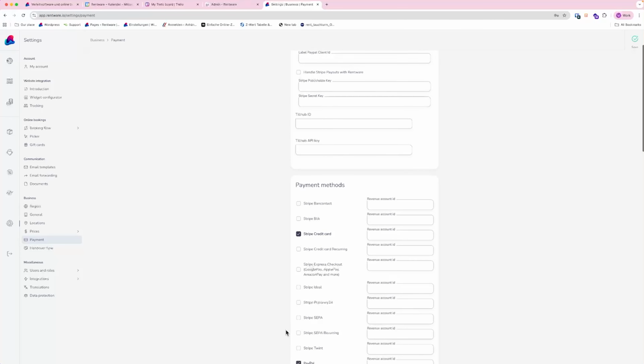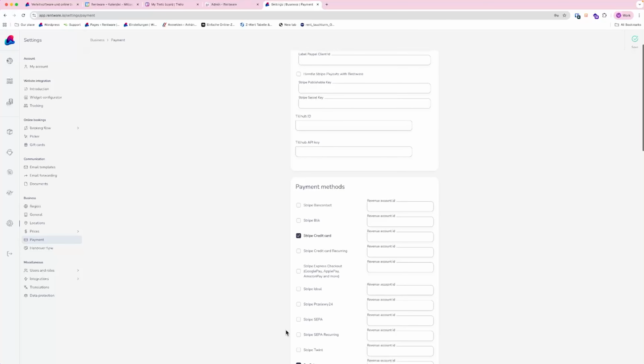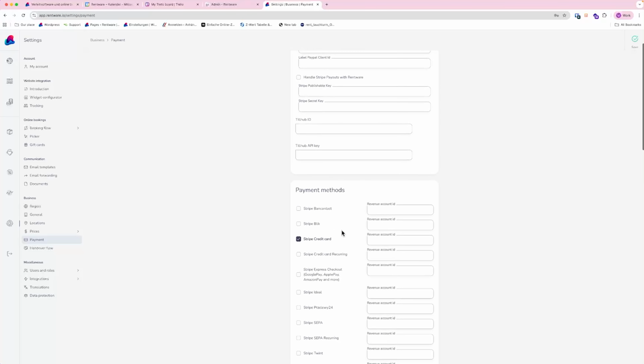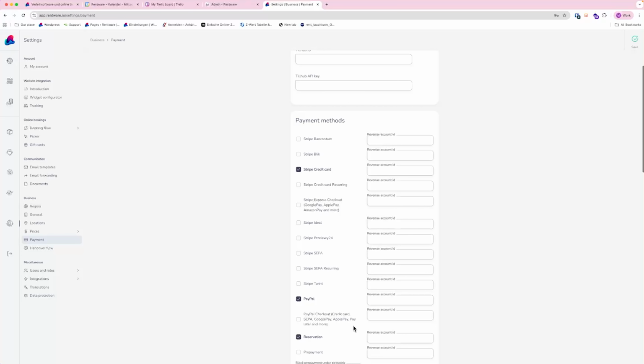It's Stripe and PayPal that enable you to have Google Pay, Apple Pay, credit card payments, Amazon Pay, Zapa payments, PayPal, of course, and all the different payment methods that come with PayPal Checkout and Stripe Express. So quite a few. If you do the integration right here, you'll be able to use all of these online payment methods, but you can